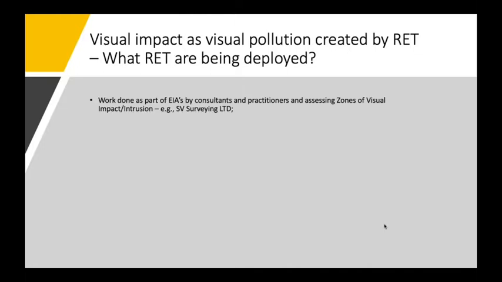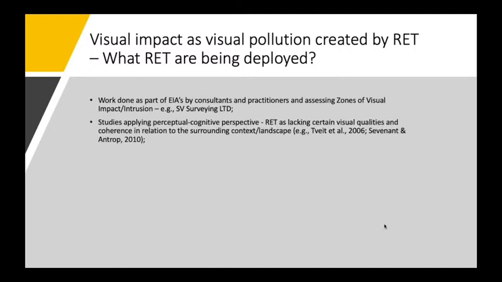Part of this trend of research is, for instance, work that is often done as part of the environmental impact assessments by consultants and practitioners, and the assessment of zones of visual impact of intrusion of the energy infrastructures. But also academic research, such as studies applying more perceptual or cognitive perspectives, and that look at